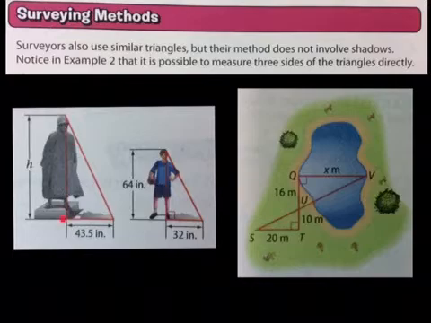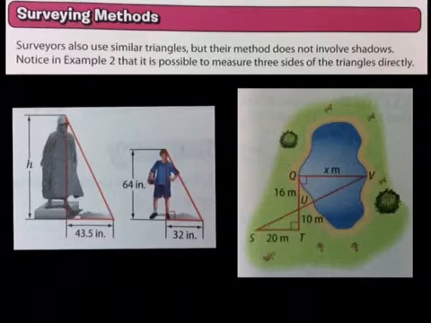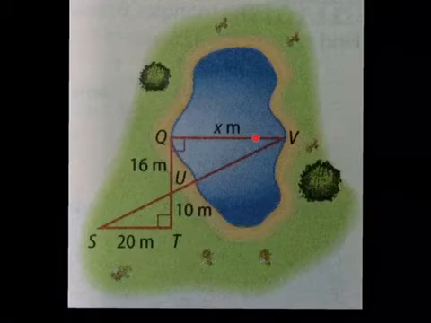Surveyors also use similar triangles, like we did here. We used the triangle method to identify the height of the statue, right? But they use similar triangles, except they use them inverted. Their method does not involve shadows. Notice in example 2 that it is possible to measure 3 sides of the triangles directly. Here, we want to identify the width, the widest part of